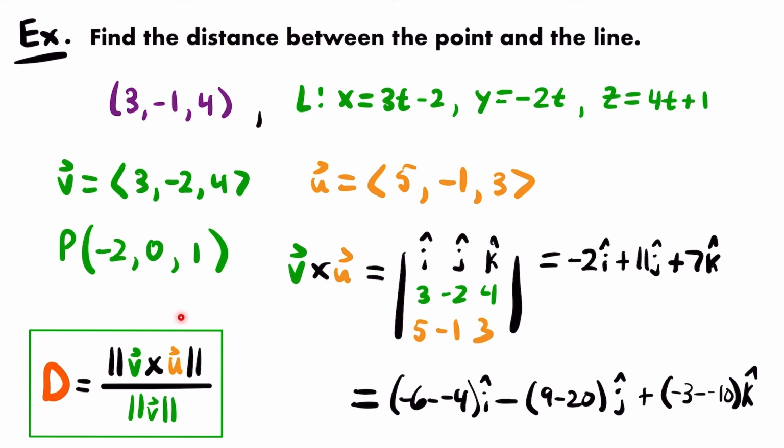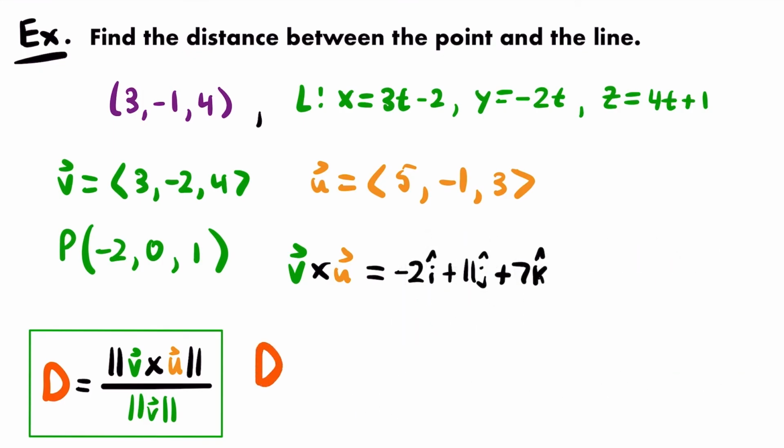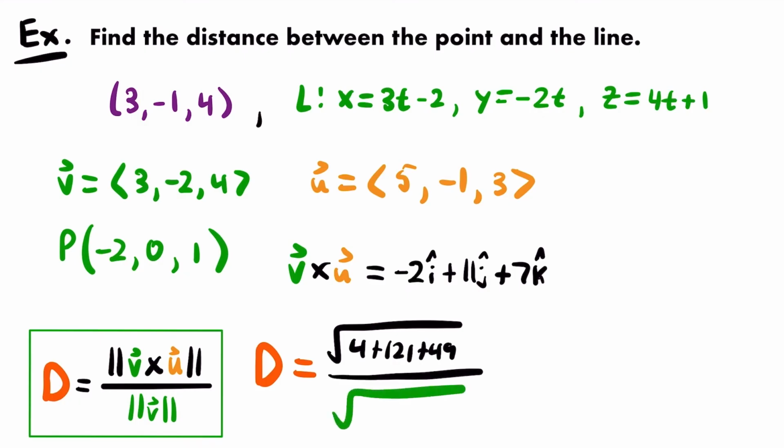Now what we want to do is take the magnitude of that vector and divide it by the magnitude of vector v. So let's do that. The distance between the point and the line will be equal to the square root of the sum of the components squared, the components of the cross product vector. So we'll have negative 2 squared plus 11 squared plus 7 squared. Negative 2 squared is 4, 11 squared is 121, and 7 squared is 49. So we have 4 plus 121 plus 49,